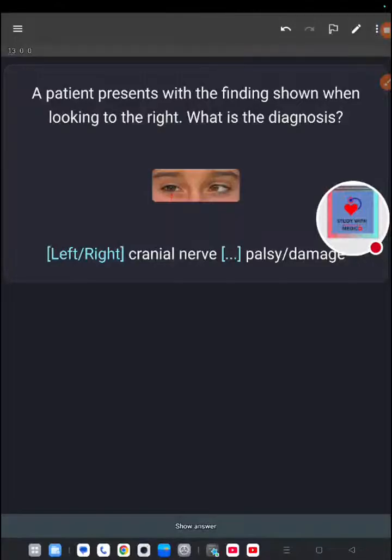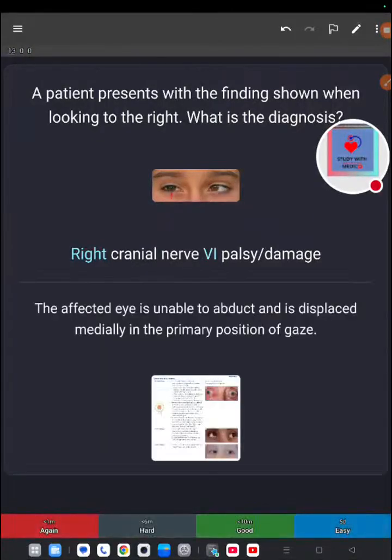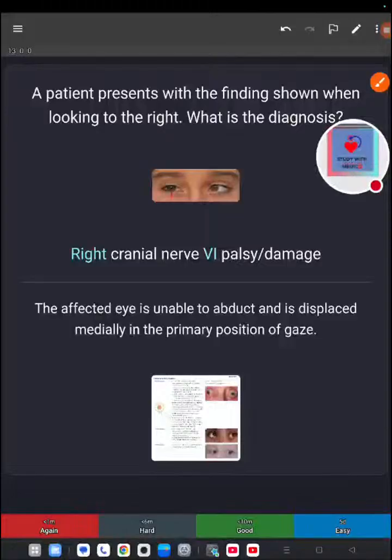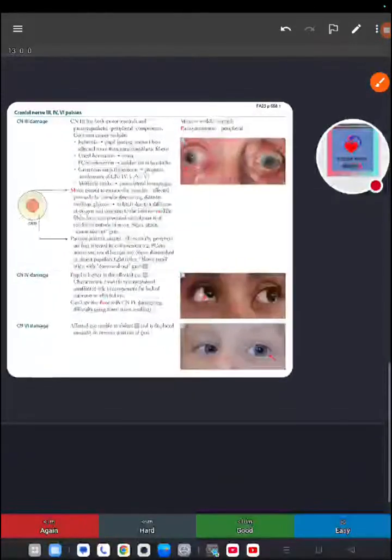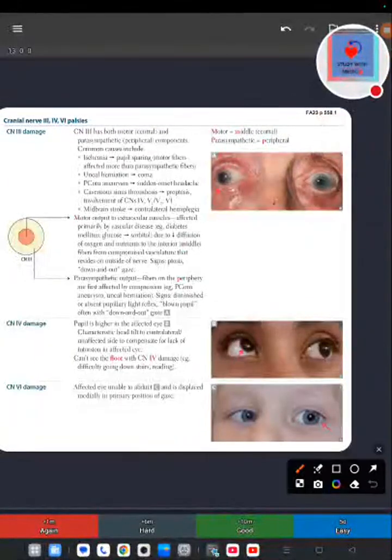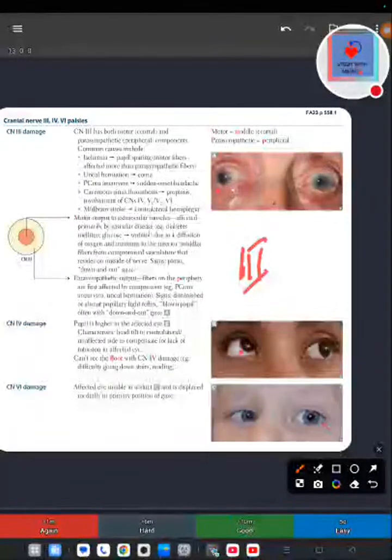A patient presents with the findings shown when looking to the right. What is the diagnosis? So a left or right cranial nerve is obviously damaged. The affected eye is unable to abduct, meaning looking away, looking outward, okay, and is displaced medially in the primary position of gaze. Cranial nerve 3 has both motor central and parasympathetic peripheral components. One cause includes